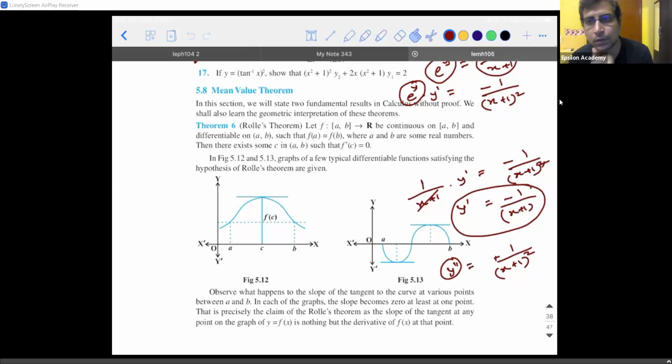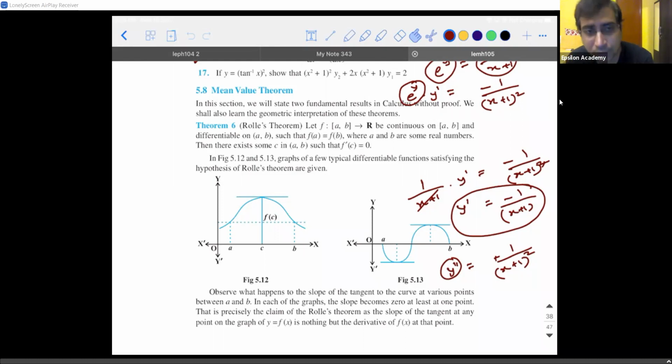Okay. So the last part that is left out in this chapter is mean value theorem and Rolle's theorem. By the way, I didn't find time to solve that last problem yesterday. Maybe I'll try it today, or I'll try to send it by tomorrow. The 16th problem, right, in the assignment. That one alone I'll send.